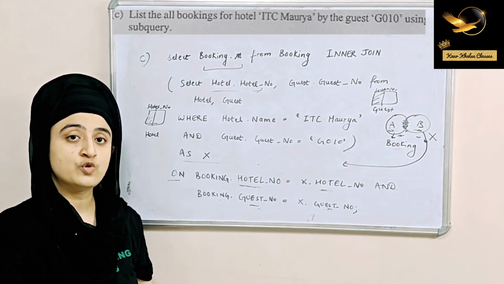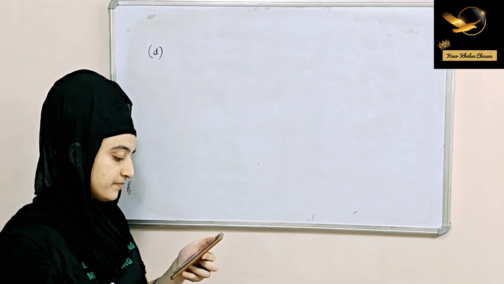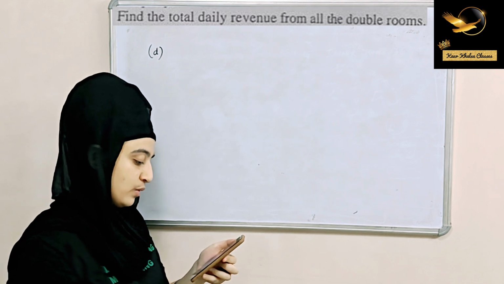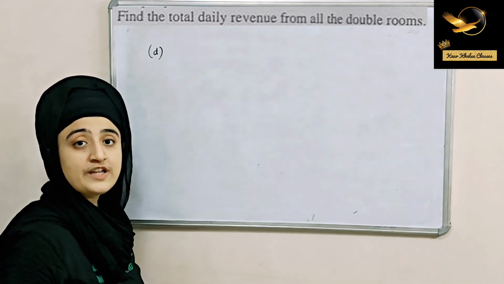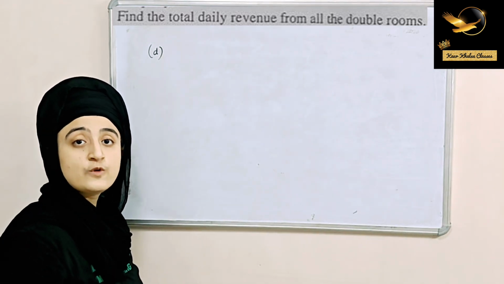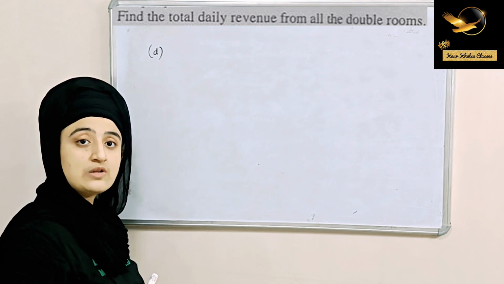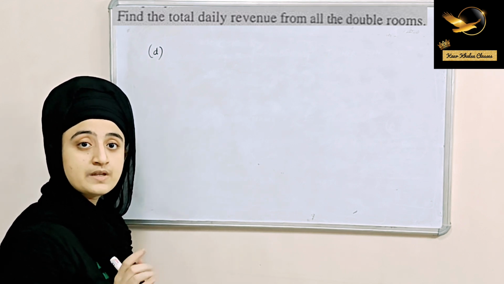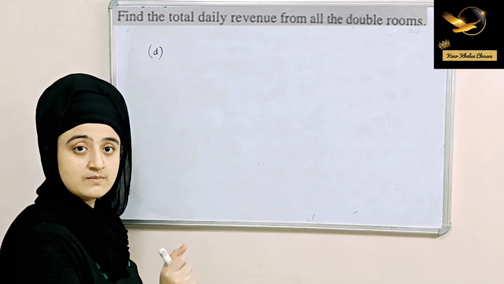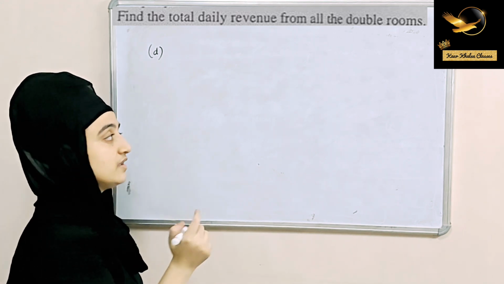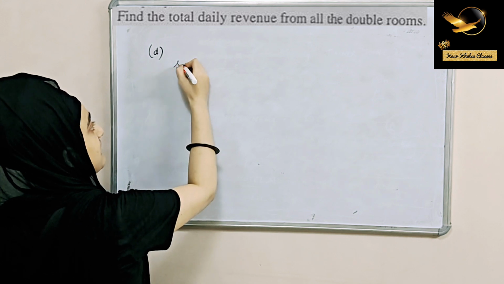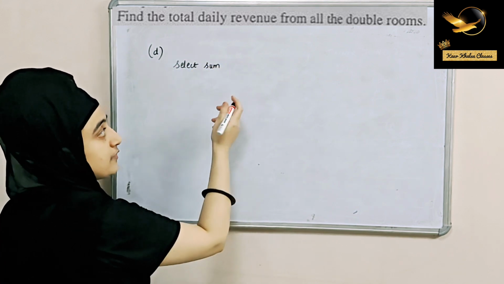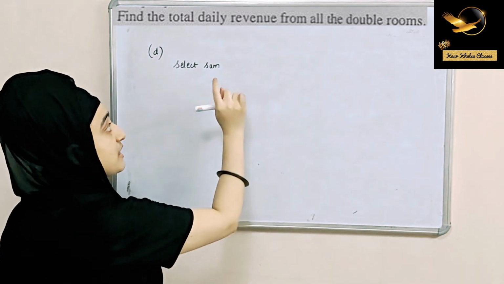Now we are going to move on to the fourth part, that is D part. So the D part says find the total daily revenue from all the double rooms. So we have to find the total, means we have to use aggregate function here also. Which aggregate function will we use? We will use sum. Sum will find the total price, no? So we will use sum aggregate function here. So we have to write it as select sum. We have to use the total price, na? So sum price